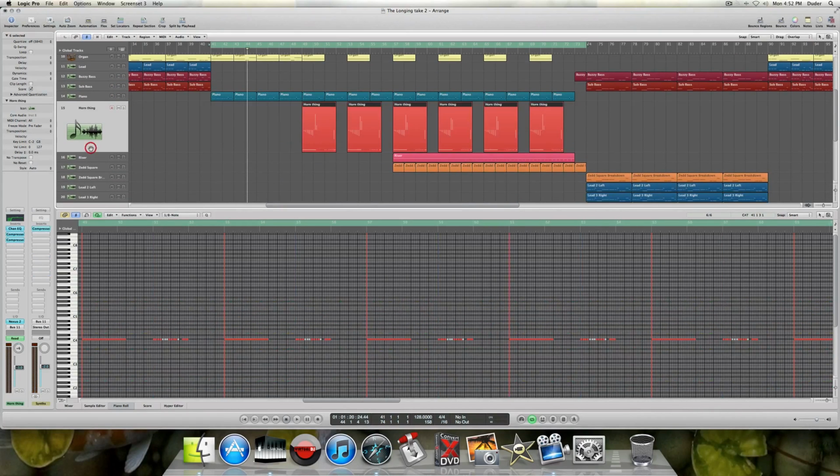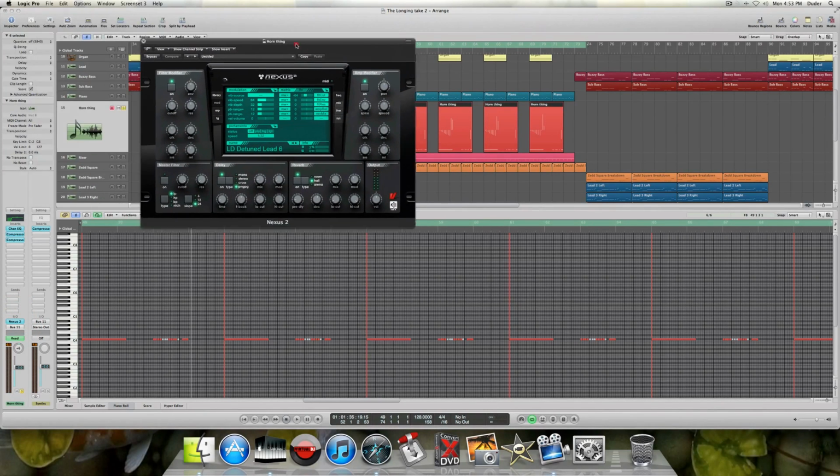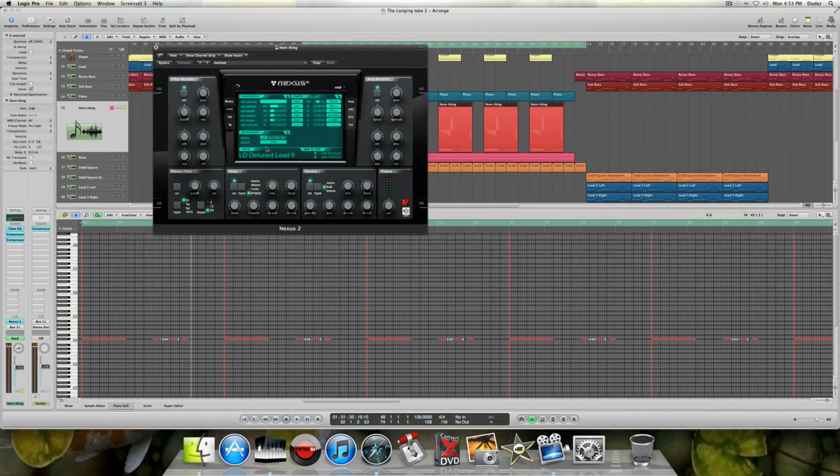Let's see what's next. This little horn thing. I was trying to get a sound that was similar to a sound that Wolfgang uses in some of his newer stuff, which sounds kind of like a foghorny type sound. And sure enough, Nexus had something that was like it. This I definitely messed with though. I definitely messed with some parameters. It's a lead, detune lead